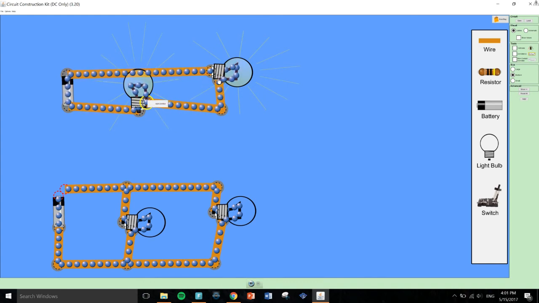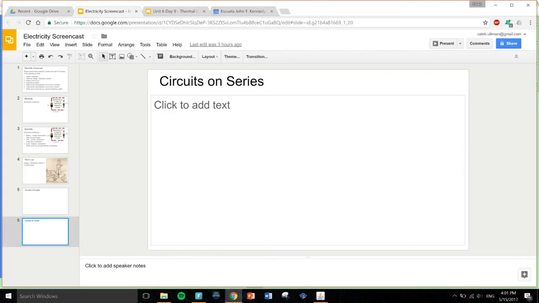Now, look what happens if I break the wires, right? If I break the wires, or if one of these light bulbs were to suddenly go out, everything goes dark. There's no more current running. There's no more electricity, and none of the light bulbs are lit up. Okay? Now that is different than